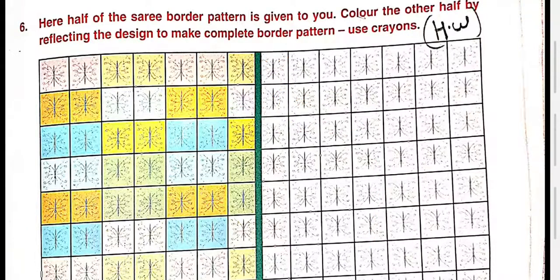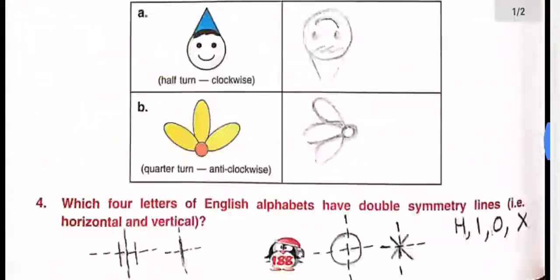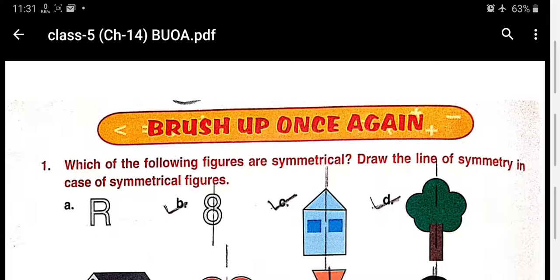Okay, so you have to do this by yourself as homework. So today I have completed this exercise, and along with this exercise I have completed chapter number 14 also, and along with chapter number 14 I have completed your syllabus also. So if you have any doubt in any question, you can ask me now. In the next classes I will start your revision. Thank you.